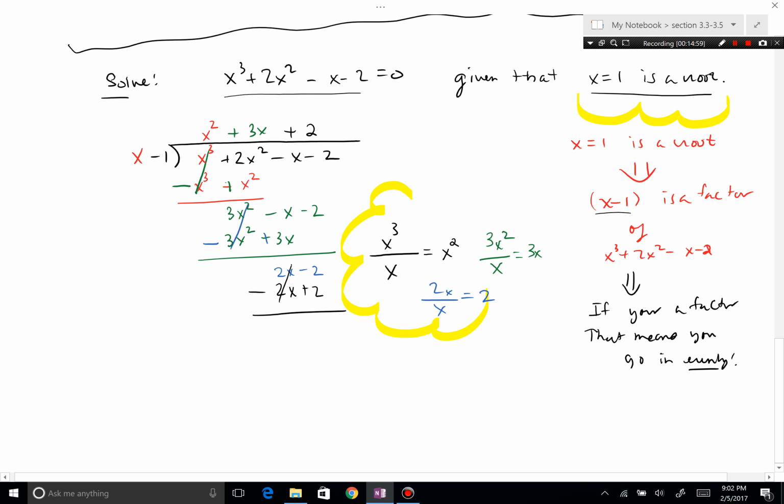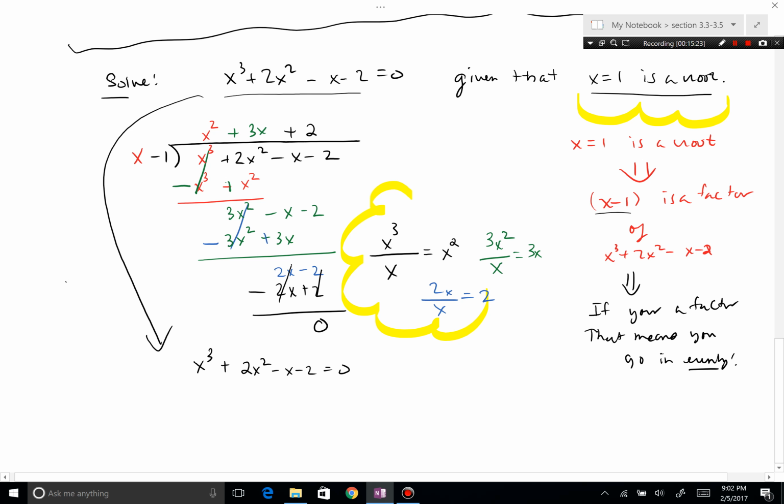Distribute a negative in, it drops. Look, no remainder. So what is the moral of the story? The moral of the story is if we have a root, we have a factor. If we have a factor, it goes in evenly. If it goes in evenly, we can long divide it in. If we long divide it in, then finally we know that x cubed plus 2x squared minus x minus 2